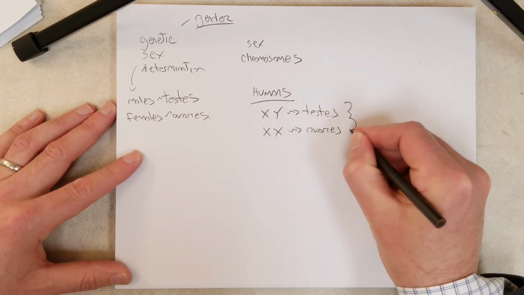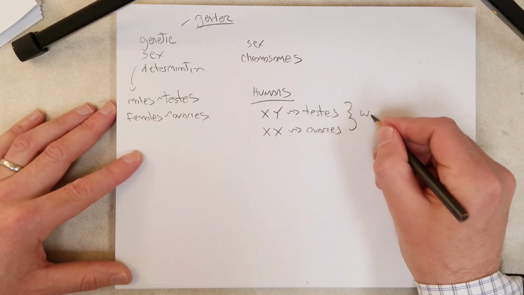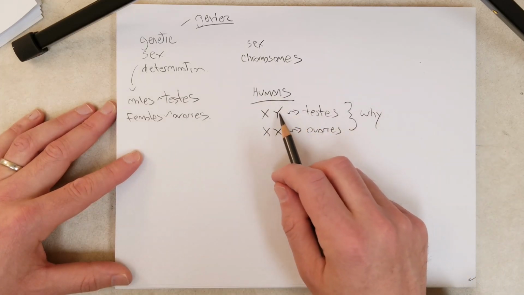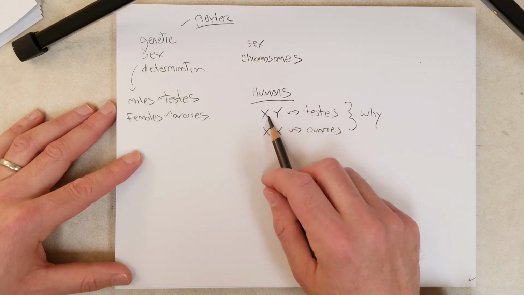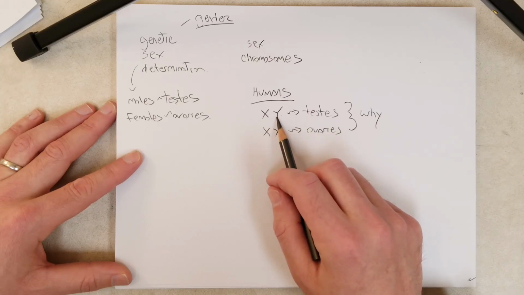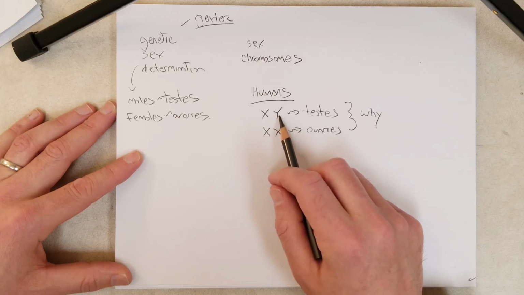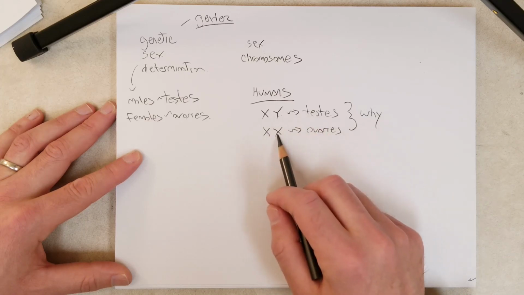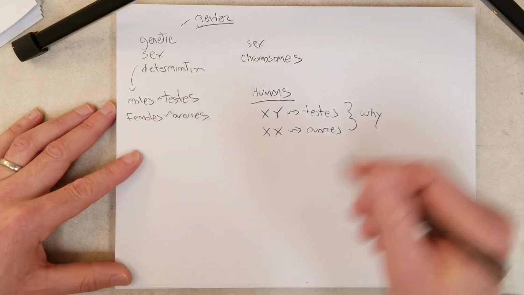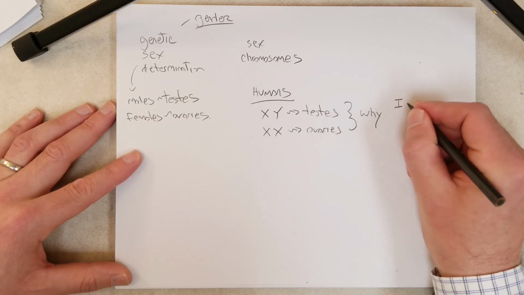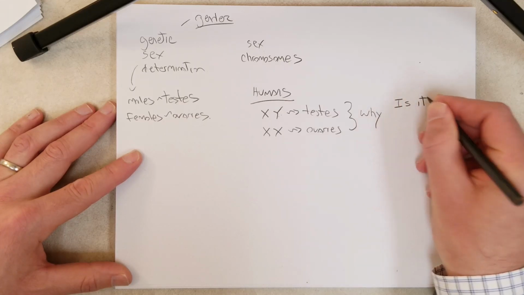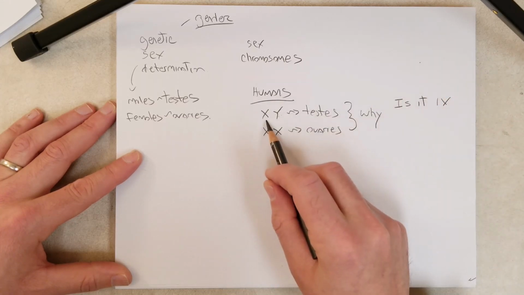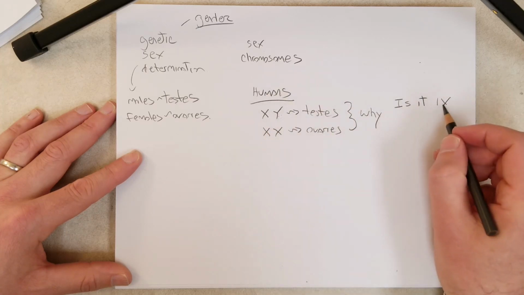So our first question is why? Why does a zygote that starts out as XY, through embryogenesis, eventually develop testes? And why does an XX develop ovaries? So we could think of a number of possible reasons, right? So is it just having one X chromosome? Let's take a look at this XY. Does having one X chromosome